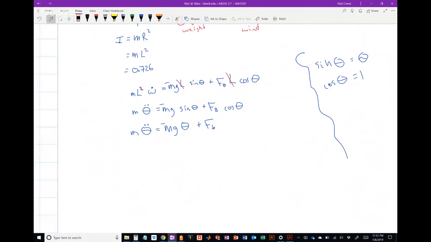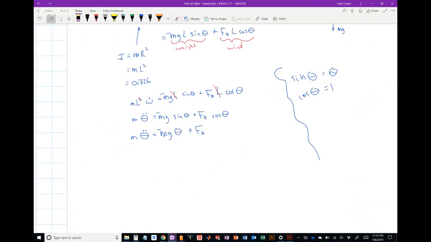Okay, here's this equation, and this looks very familiar, doesn't it? This is a second order differential equation. We can put this in the standard form, okay? And that is, look at this, I'll show you both steps. mL theta double dot plus mg theta equals this breeze force. Okay, to use the equations in the table, table 2.3.2, we're going to need to make